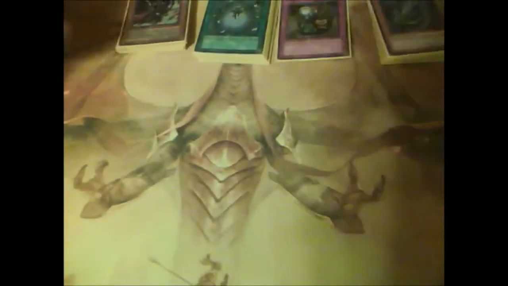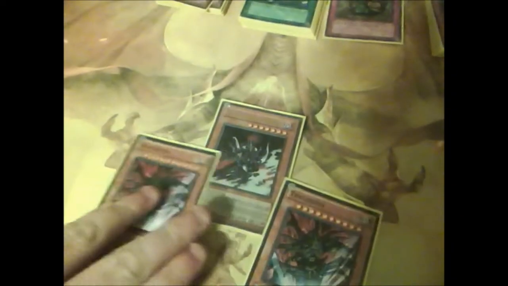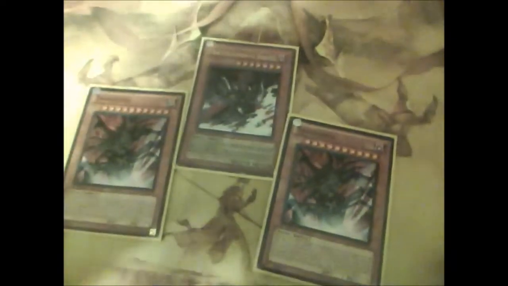So 3 Veilers, 2 Maxi, 2 Crow. And for the pseudo hand traps, play Gores and 2 Trag. They're darks, they're easy to throw out, you know, you can be like Trag and he'll sit there for